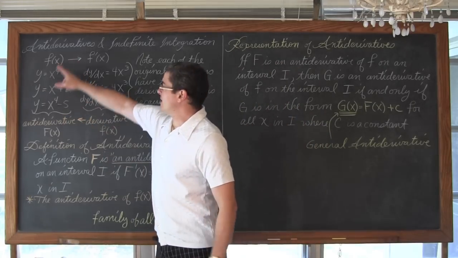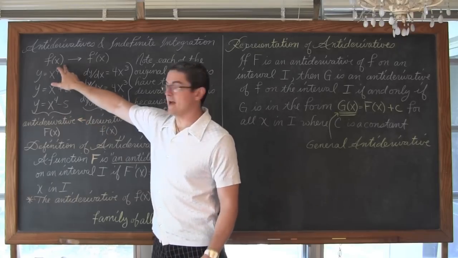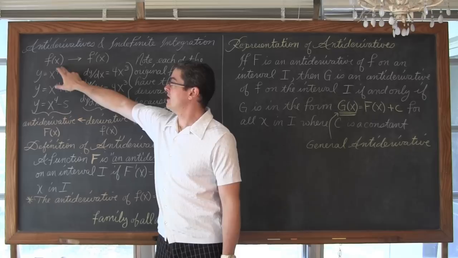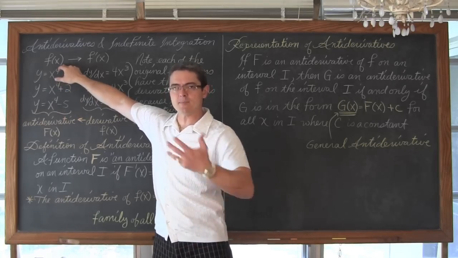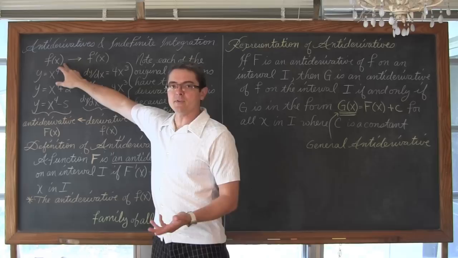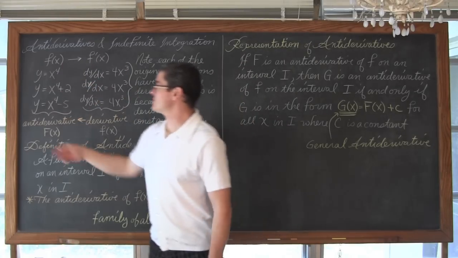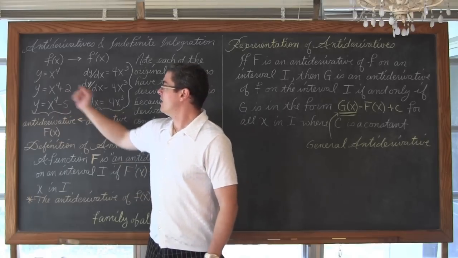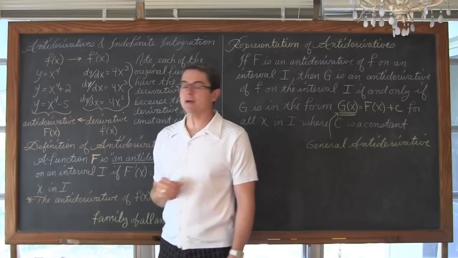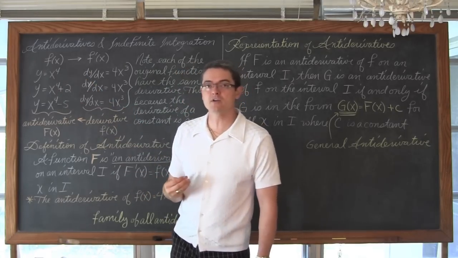To explain what I'm talking about here, I'm using some notation, which I'll change in a second to match the definition that we're going to deal with. In these 3 chapters of my book anyway, we do derivatives in the beginning. We'll just label this f of x and f prime of x, indicating that we found a derivative. So I have 3 functions here: y equals x to the 4th, x to the 4th plus 2, and x to the 4th minus 5. So 3 different original functions.